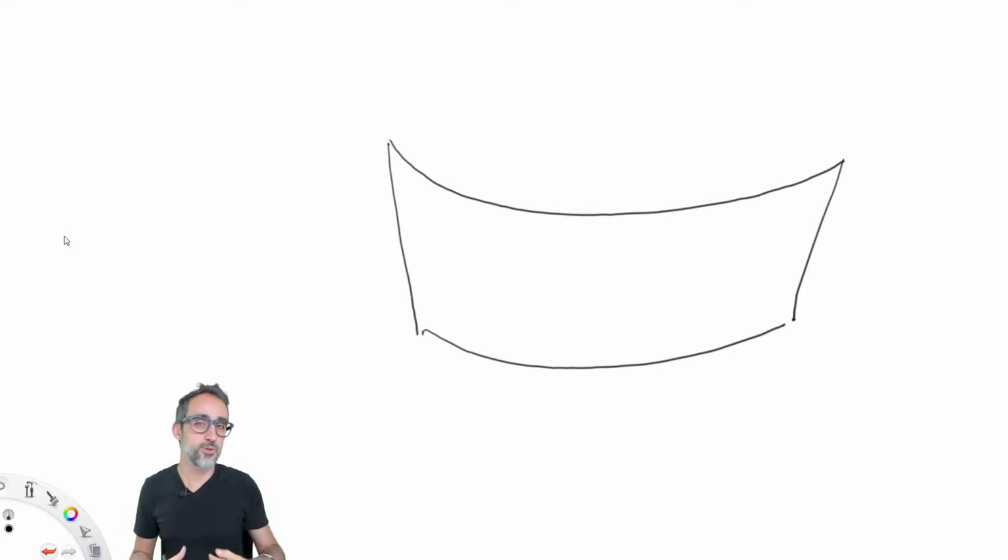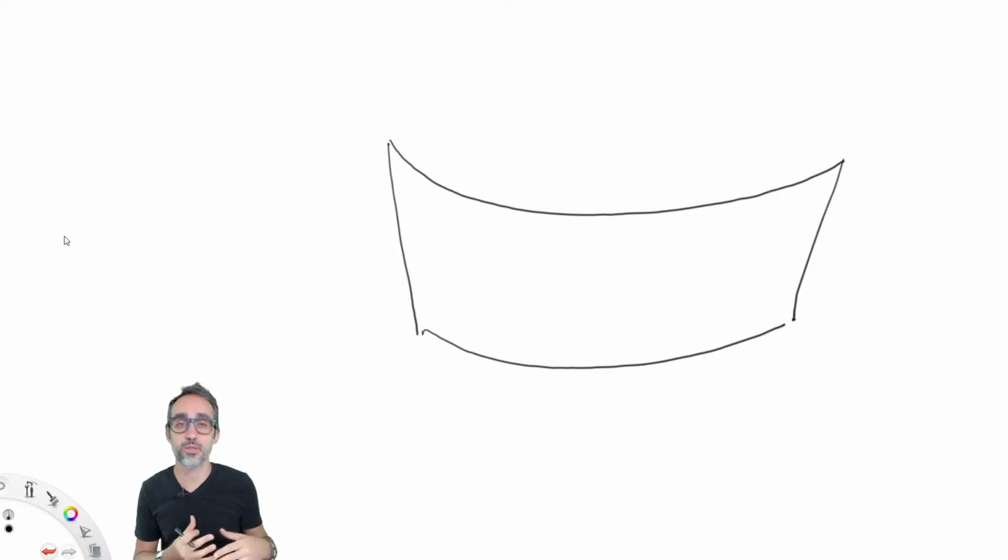This exercise is going to be extremely similar to one that we did a few exercises ago in this series, where we had a surface and then we populated the surface with a bunch of openings or circles, each one of the circles having a radius that was proportional to the angle at which a virtual sun was hitting that surface. So we're going to do a very similar exercise.